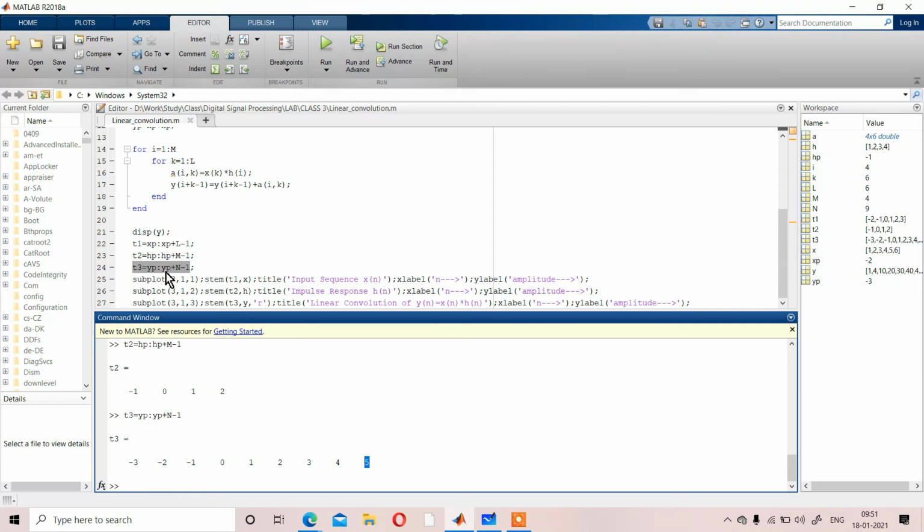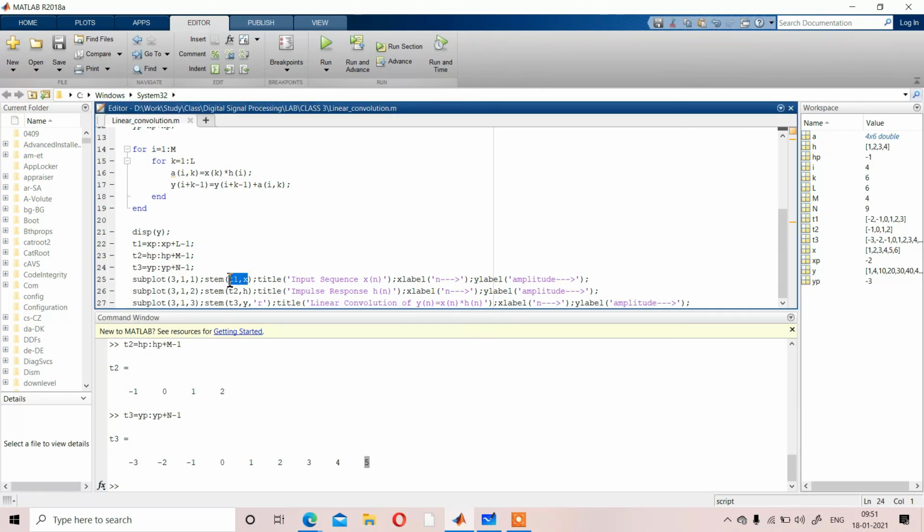After that, we have 3 parameters to display, or 3 graphs to display, that is x, h, and the result. So we will consider subplot as 3, 1, 1, or you can consider your choice. So in the first position, we will display stem t1, x. We will display x and just title, x label, y label. In the second position we will display t2, h with respect to t2, and in the third position we will display y with respect to t3. Okay, so if we run that code,